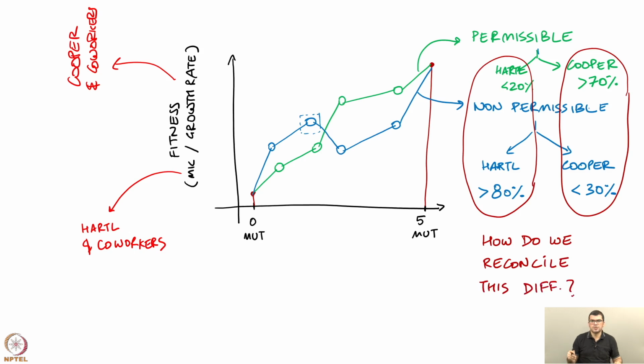In some sense, it is a very fortuitous comparison where both the studies are doing the exact same comparison of 5-point mutations, 120 paths, and the organism is the same, and so on and so forth, but you get these diametrically opposite results. So, the way we think about this issue now is the following: one big difference in the two studies was that in the first one, which was by Hartle and group,